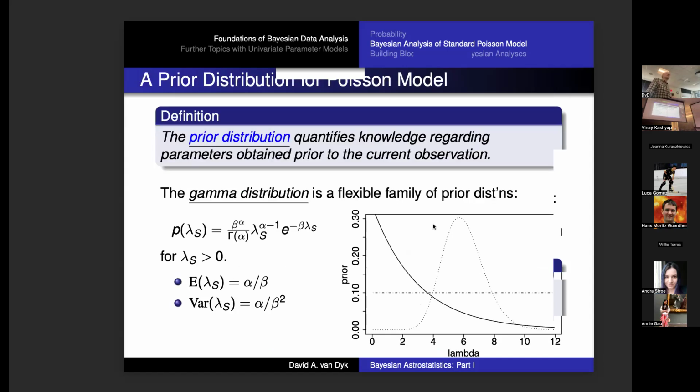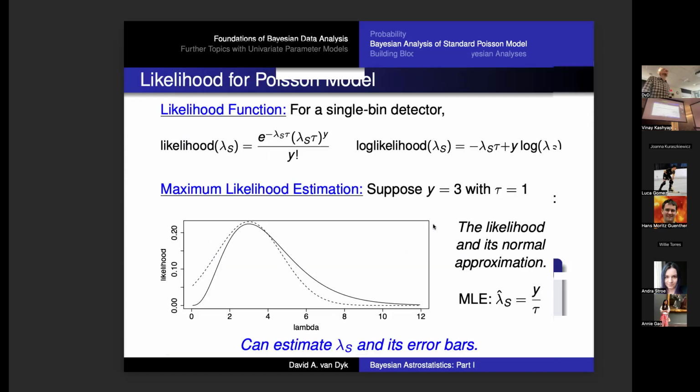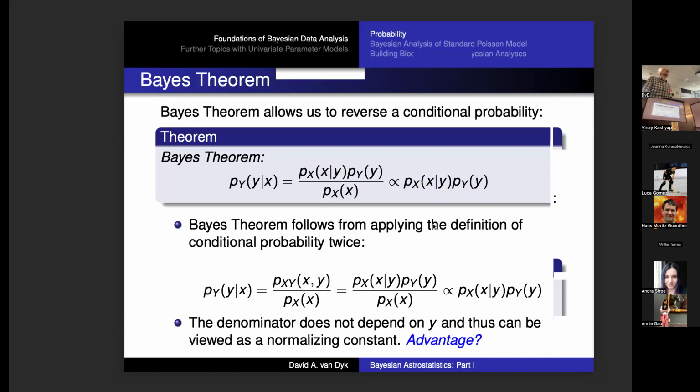Let me just skip that. So what's a Bayesian going to do? Remember, maybe I should flip back. Where's my Bayes theorem? Oh, here. So we're talking about, this is my Poisson distribution, the probability of the data given the parameter. And I have this other thing here, which is the parameter.